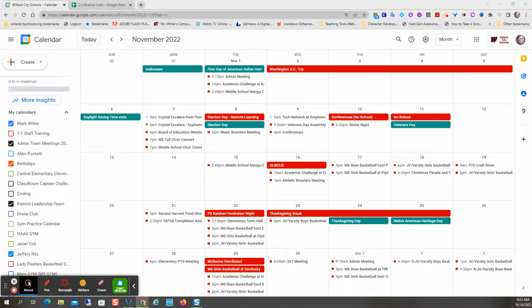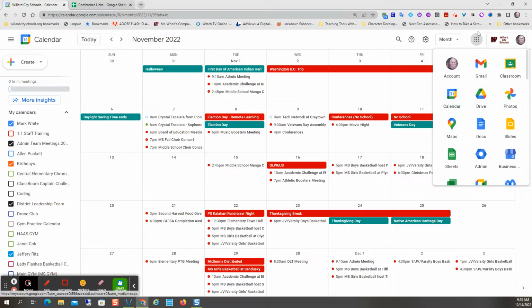This will be a quick tutorial on using a relatively new feature of Google Calendar called the Appointment Scheduler. And you can find that by going to Create and Appointment Schedule. You'll need to go to your Google Calendar, of course, first, and log into your school Google account, then go